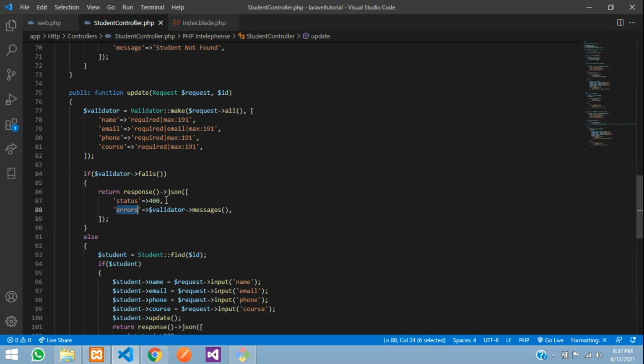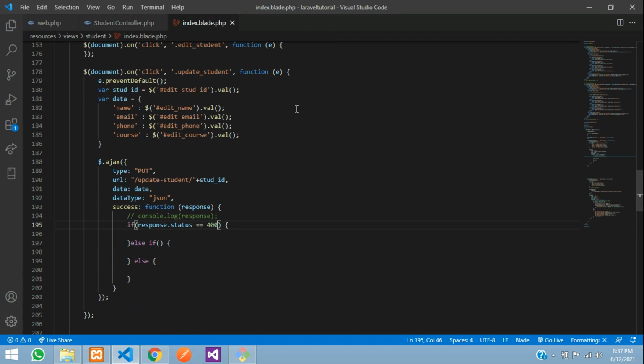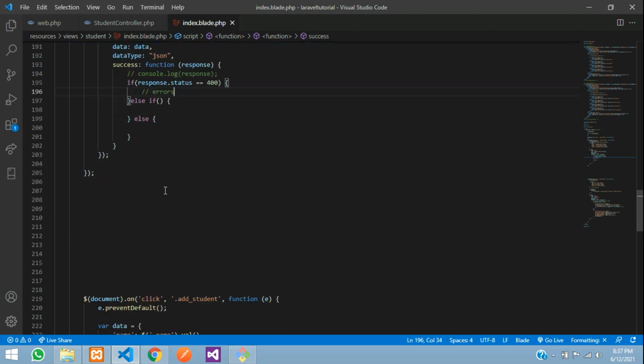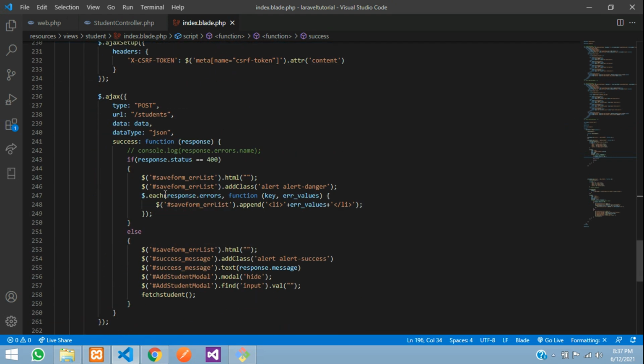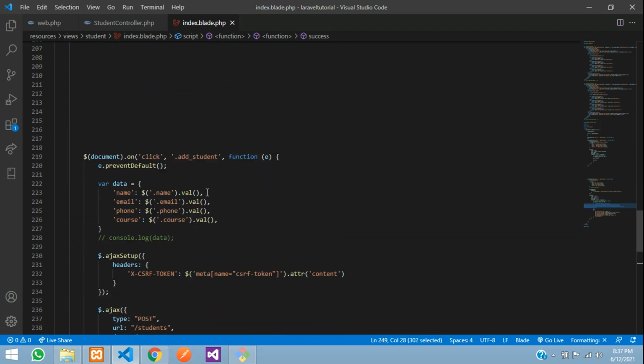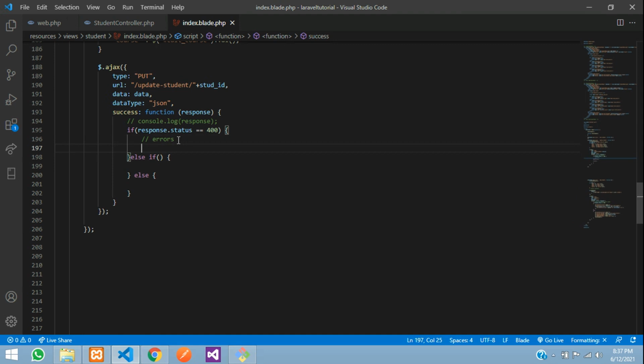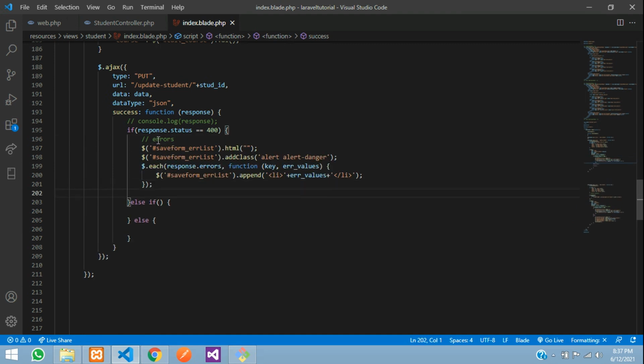Okay, so let's get that error fields 400. Over here you are going to print all the errors, as we have printed in our add student. So let's copy the code from there. Why repeat it again? Let's paste over here. Let's take these errors and paste over here.